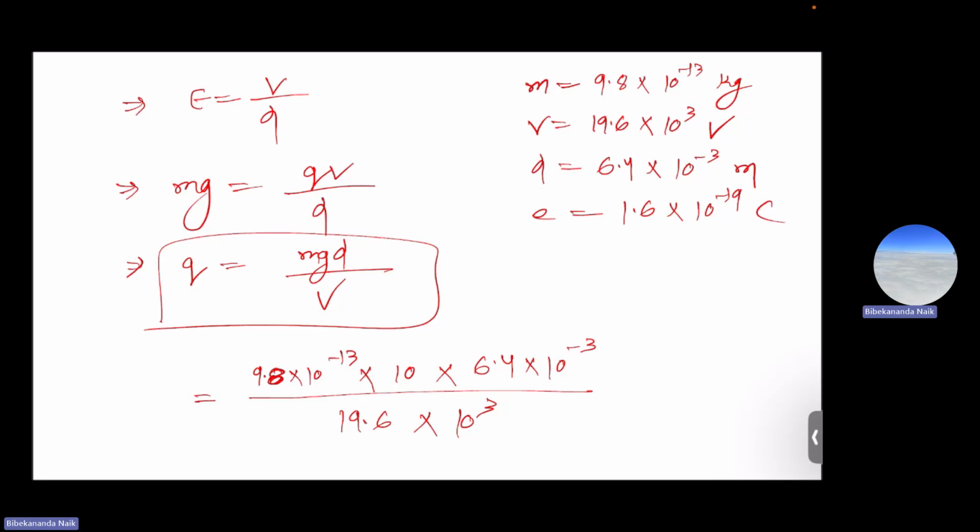So if you calculate 9.8 by 19.6, then 6.4 gives 3.2. So this is q. q is Ne. So Ne is 3.2 × 10 to the power